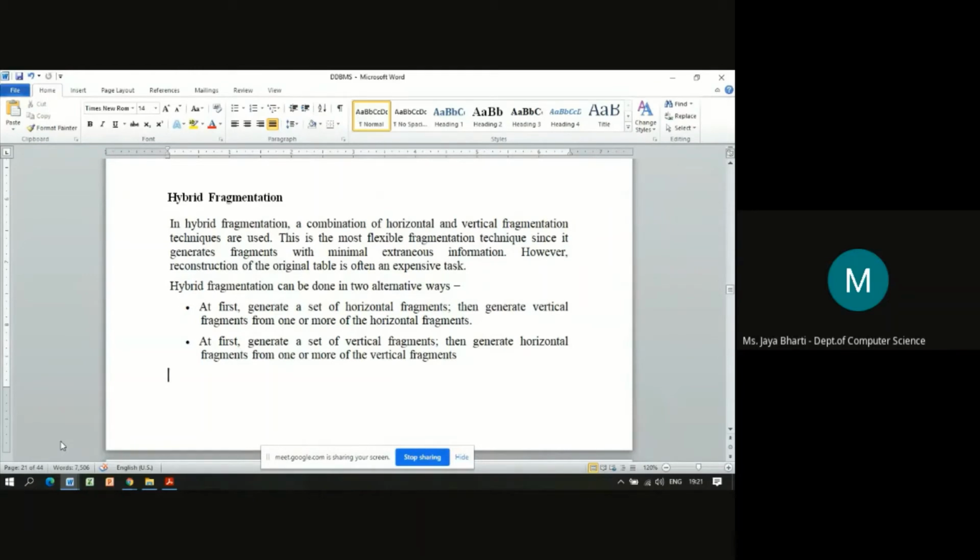However, the reconstruction of the original table is often an expensive task. So satisfying the reconstructiveness rule is a little challenging, as we are using both horizontal and vertical fragmentation. Hybrid fragmentation can be done in two ways.